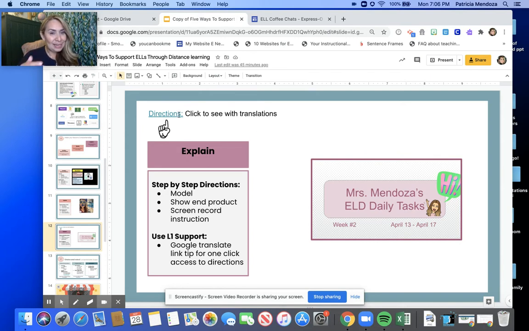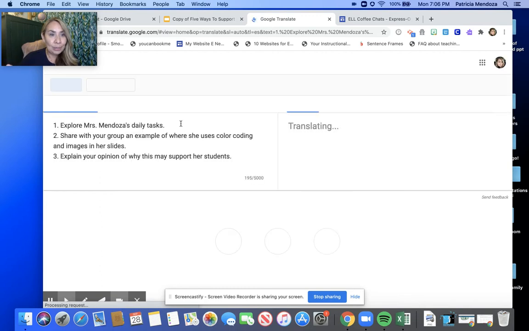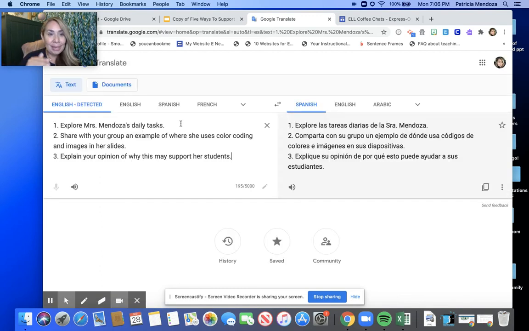We usually have directions, and here I have a click to see with translation. I could have just embedded all of the directions there, but I wanted to show you this really cool thing, a resource that you could actually start using in your classroom. So simply going to googletranslate.com, and instead of writing your directions on the slide that you had or a document that you had, add them here. And here I can write them in English,